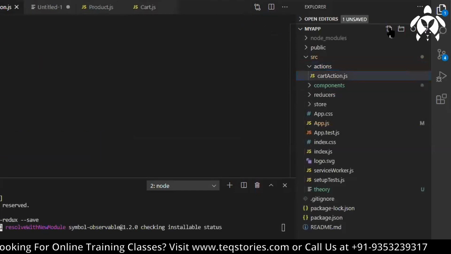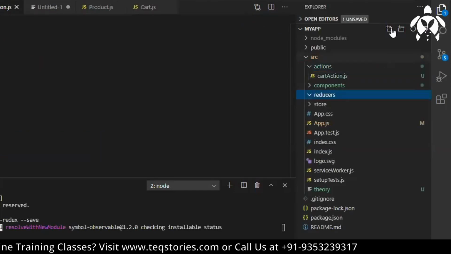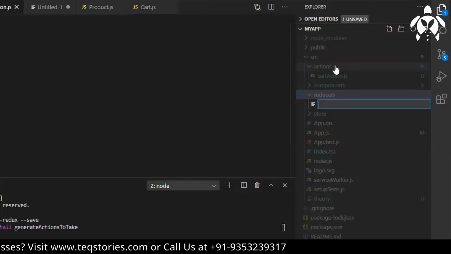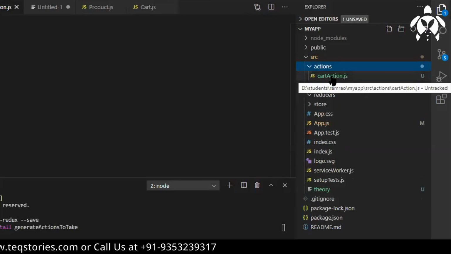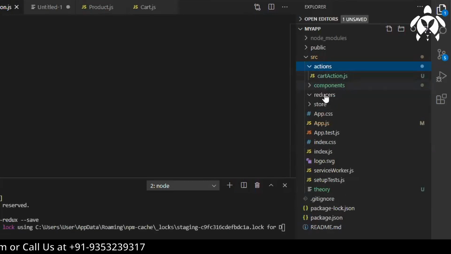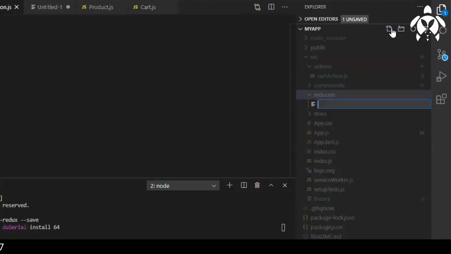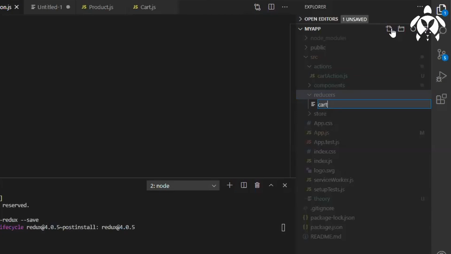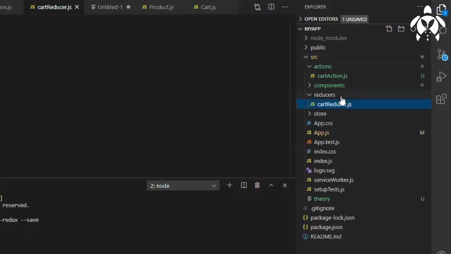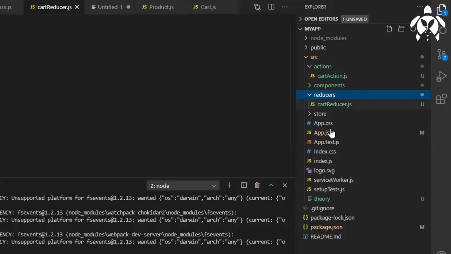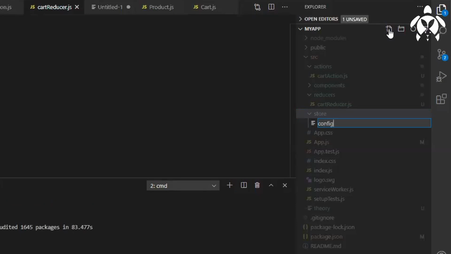And then in reducer, let's have cart reducer. So we can create cart action, product action. If there is any other action, then add that action also. What else will we have here? We can have the cart reducer.js file. We can also have product reducer. And in store we can name it config store. Projects we follow like this only, config store. So configStore.js, like this I have created.